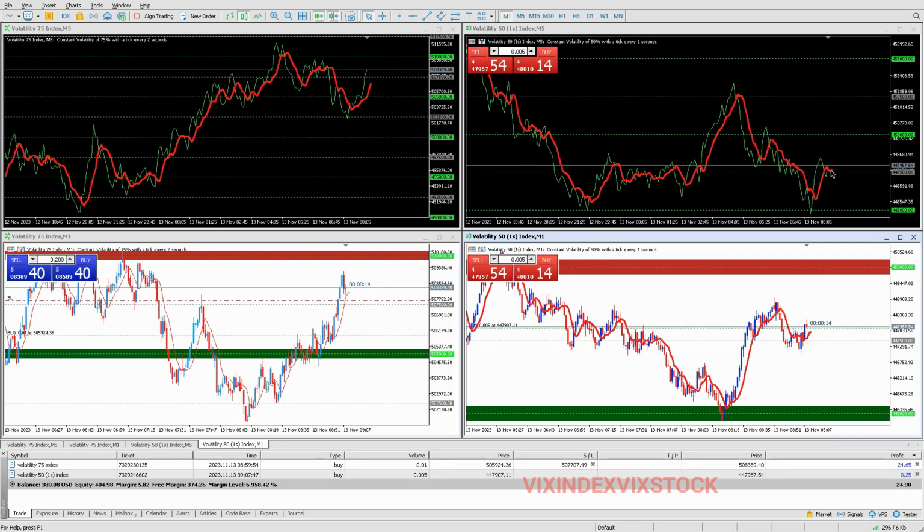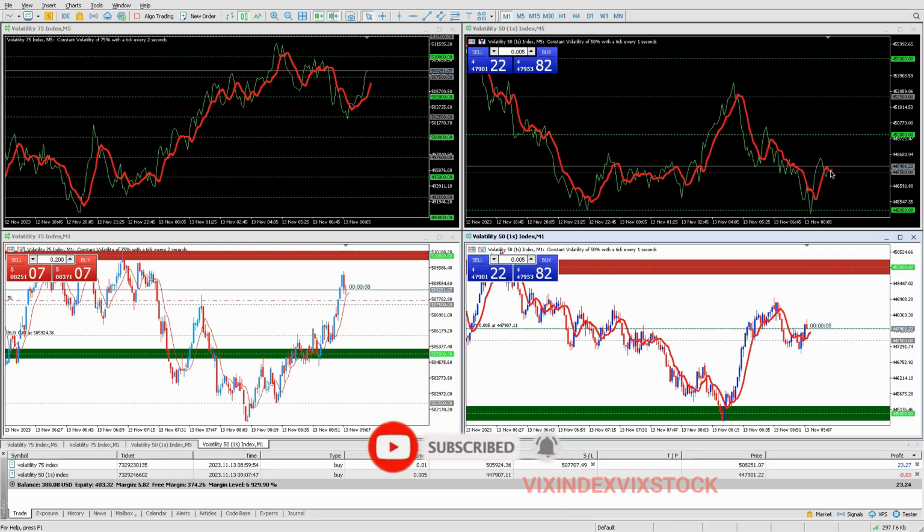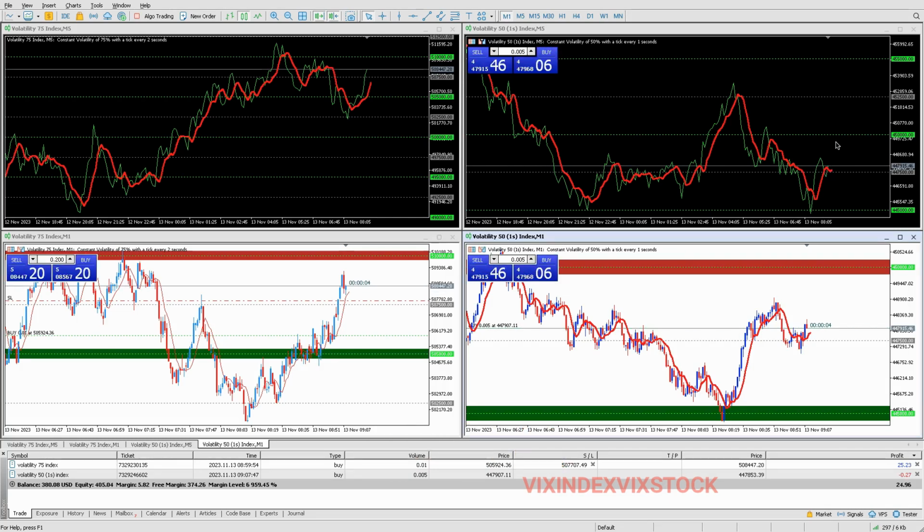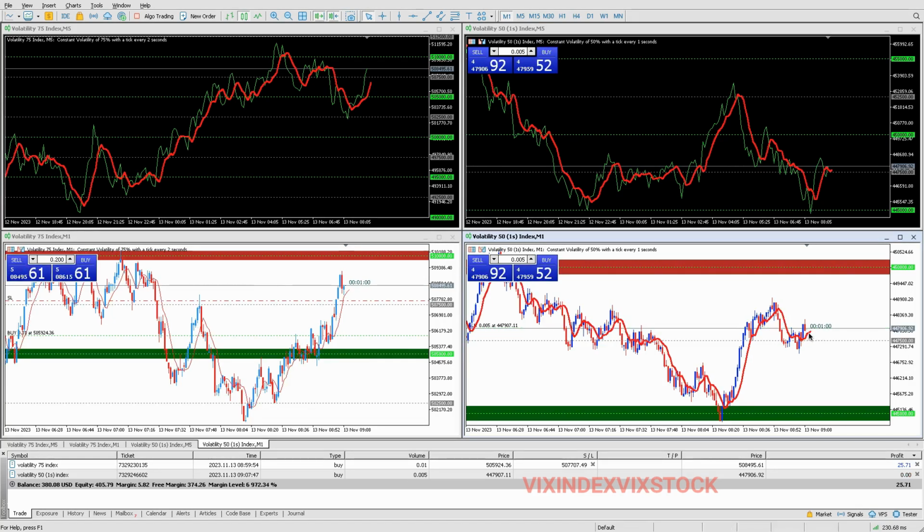If it stays above the moving average on the M5 time frame there, then I know definitely on the 1 minute time frame that I've made a good decision. But if it drops down again here on the 5-minute time frame, then I know these guys want to play with us,